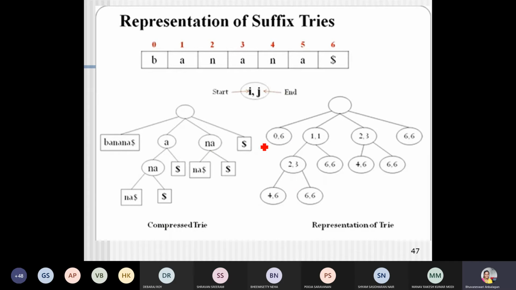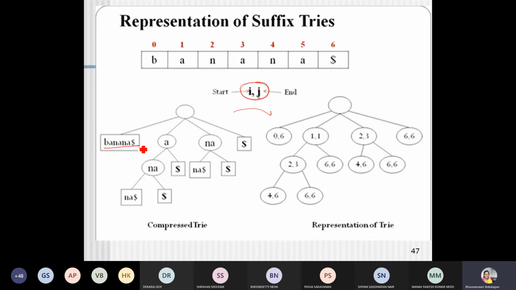And the next thing is you have to represent this particular trie in a form like i comma j. So i is going to be the starting position where that particular substring starts, and j is the position where the substring ends.